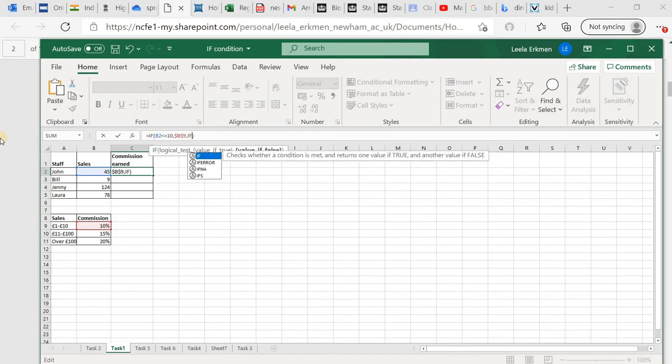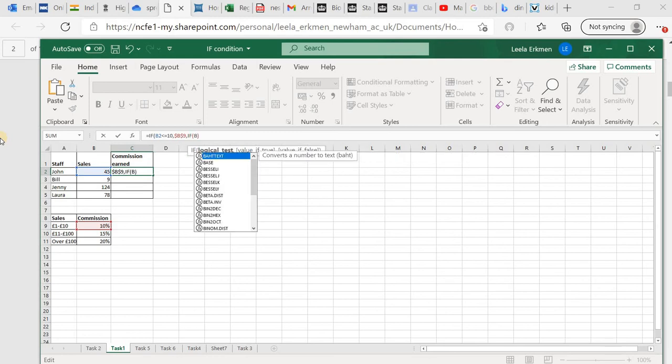Again, one more IF condition. If B2, what is next? Less than or equal to 100. Then $B$10. See that? That's B10, it's highlighting. Everything else will be